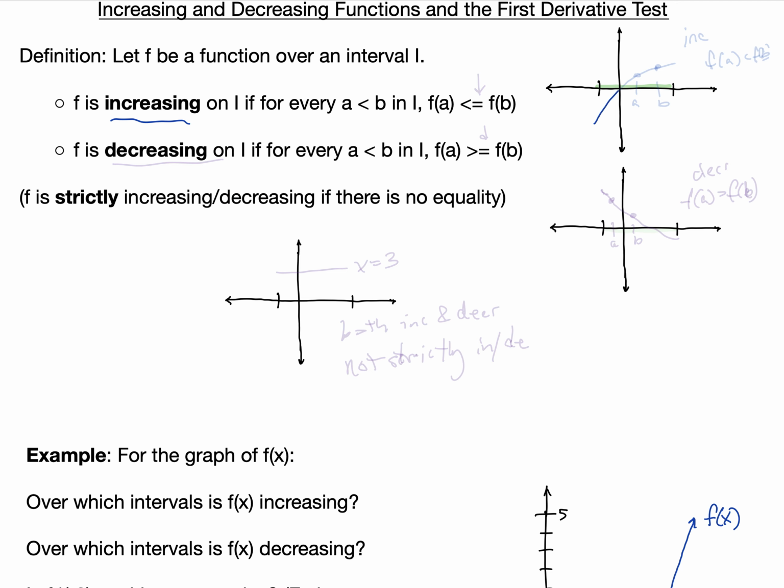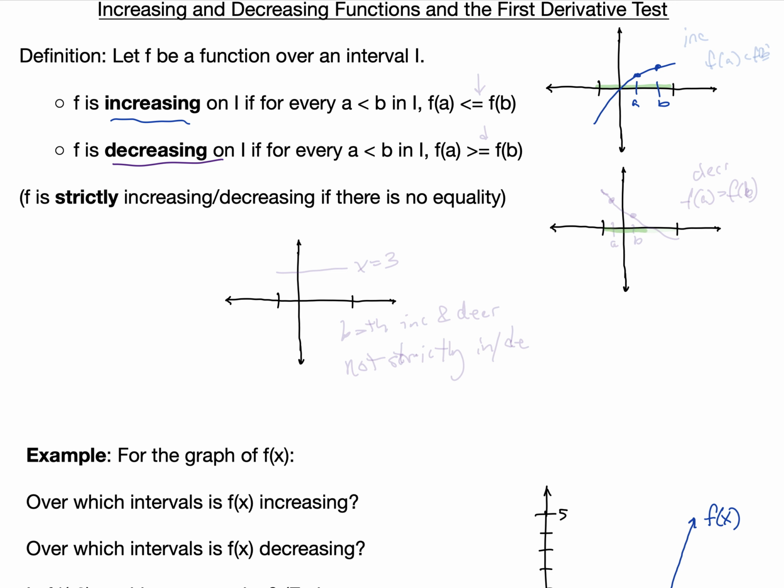So if this is our interval I, then we would say that the function is increasing, and maybe that looks like that. It's increasing over that interval because for any points a less than b that we choose, f of a is going to be less than or equal to f of b. Similarly, f is decreasing over an interval I if for every a less than b in I,